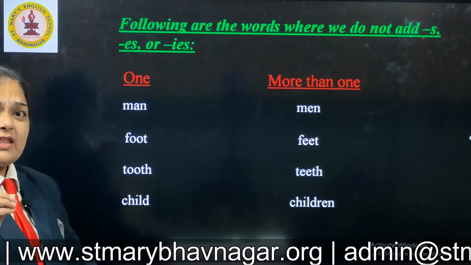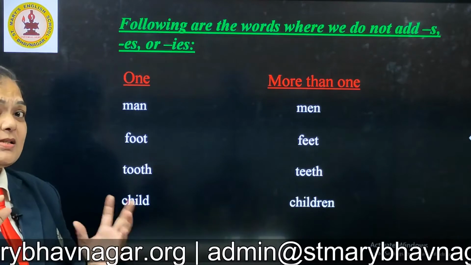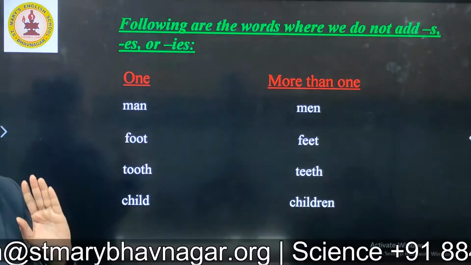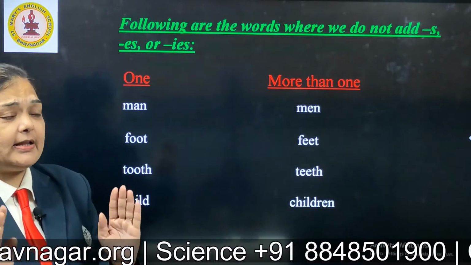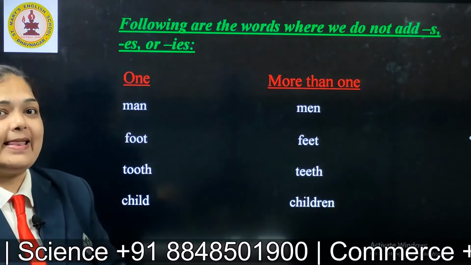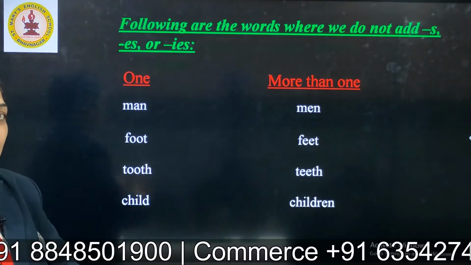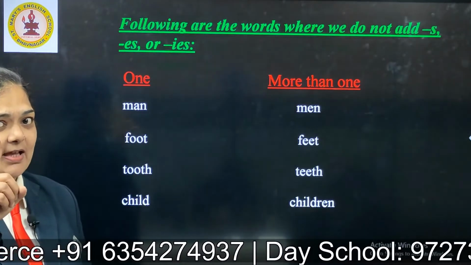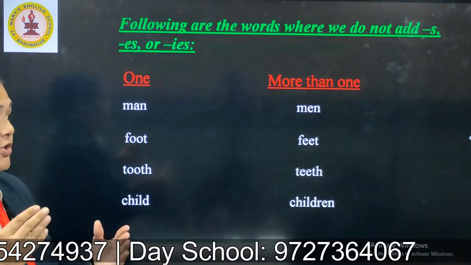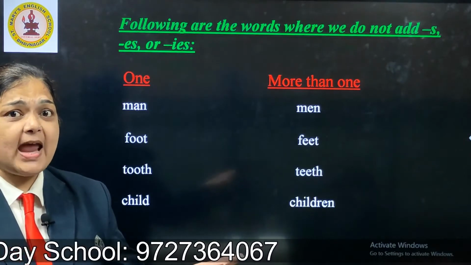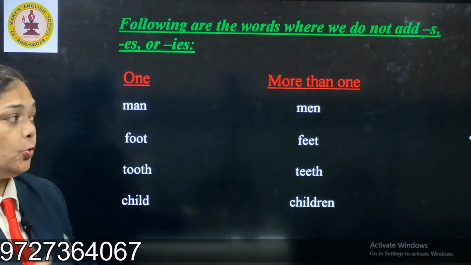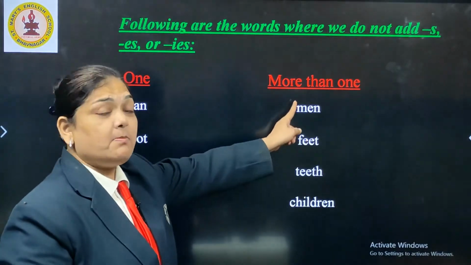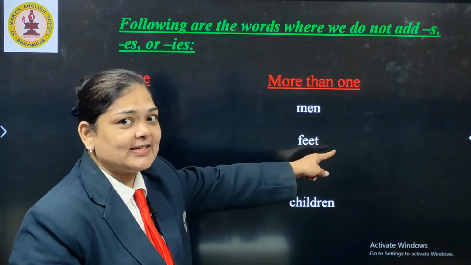Now children, there are some irregular words also. There are some different words, where without adding anything, there are changes in some letters. Okay children, let us go there. Now, MAN, man, means one single man, one man. But when you are talking about more than one man, the spelling will change, A will change to E. So you can see over here, MEN, men, right? Yes.